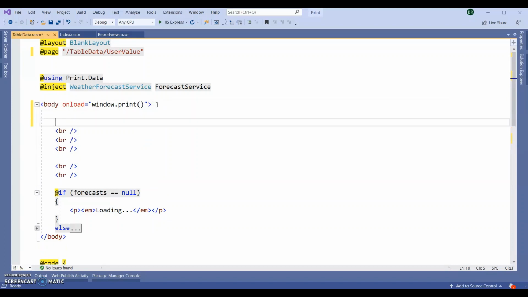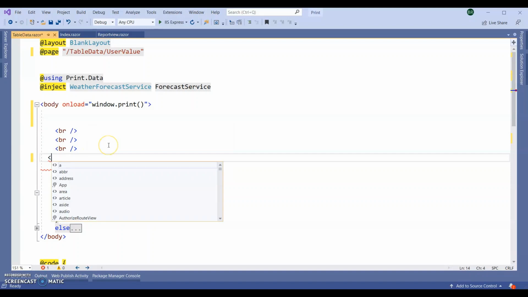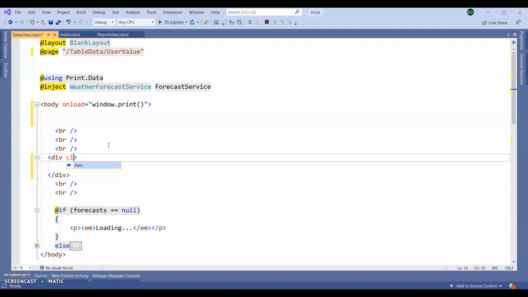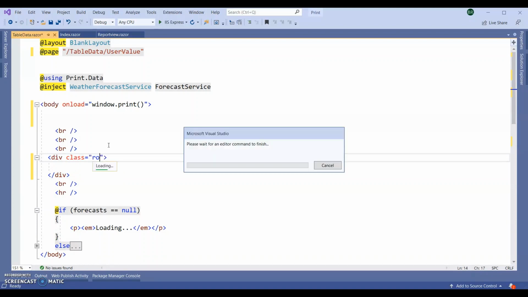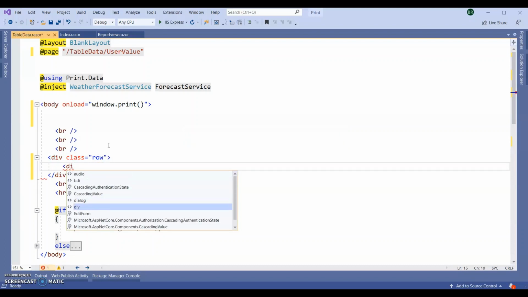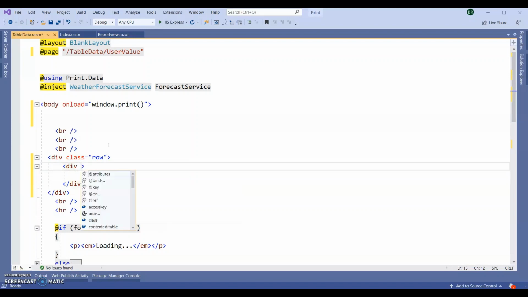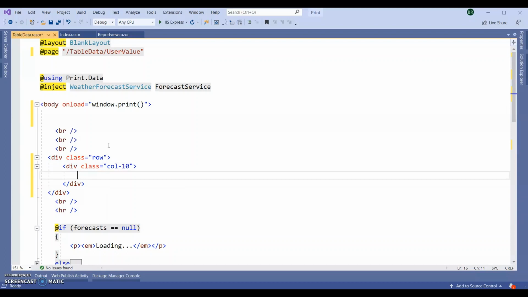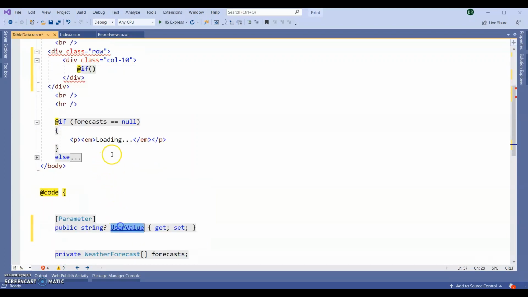So here I am going to display that one. Add some div here. If this one is not null, then it will show the value.